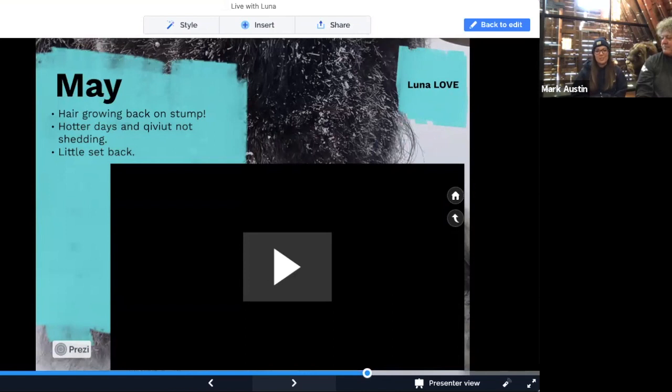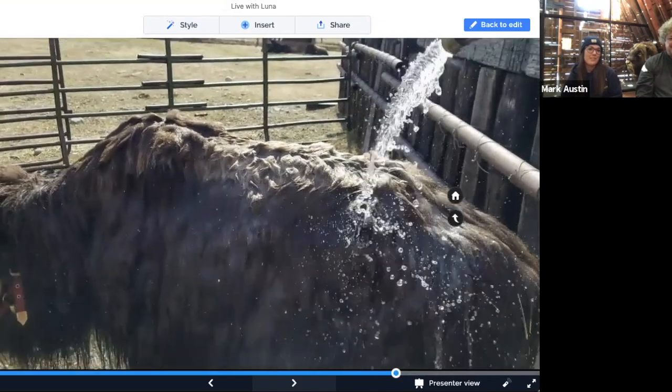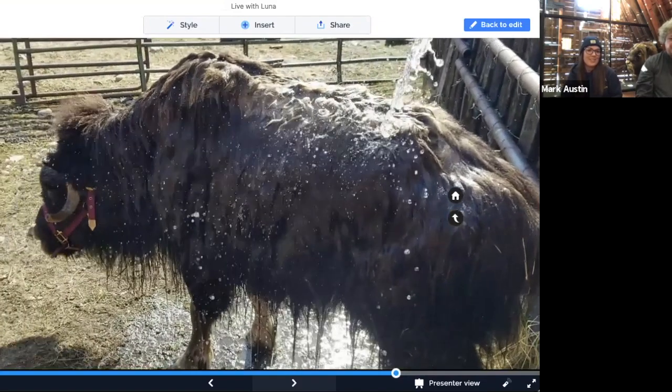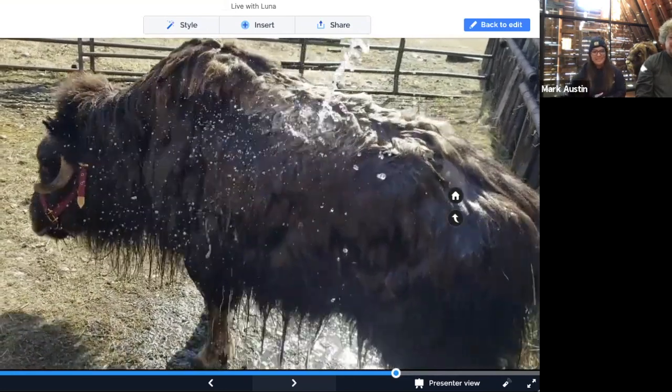So basically she was healing her big wound on her leg, and all of her energy was going to her leg, and that caused her not to really shed any of her qiviut when she was supposed to. Usually it starts in mid-May. But as you can see in this video,